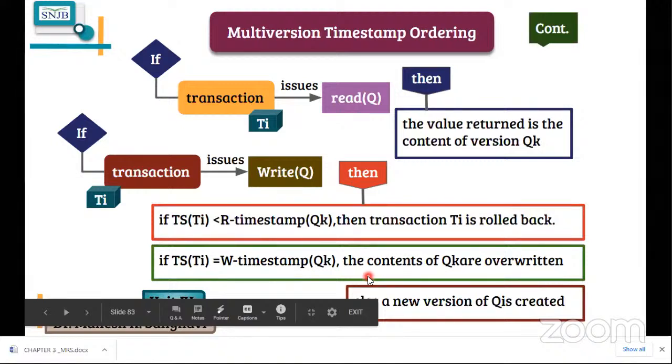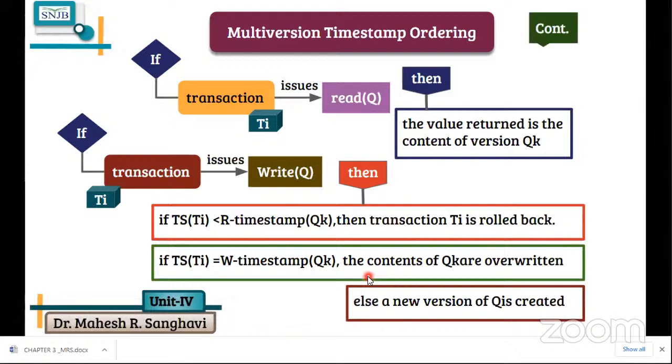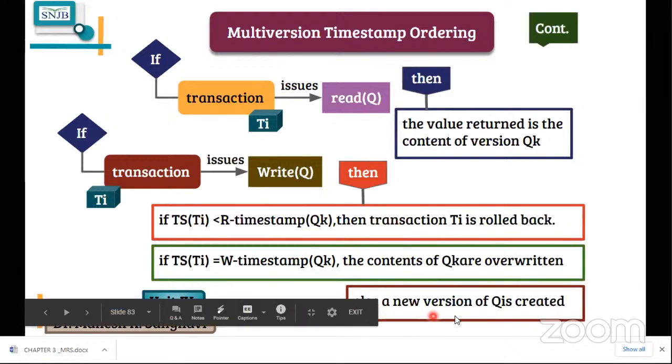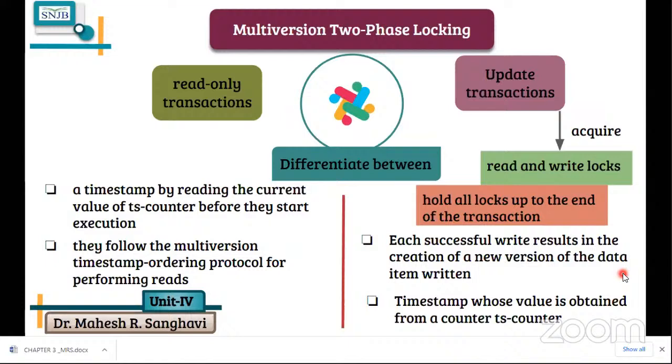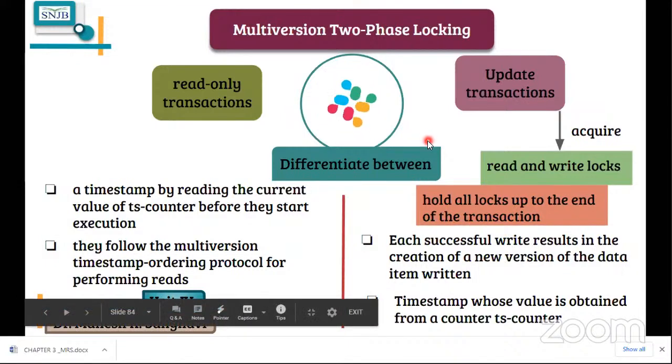यानी क्या, दोनों का सेम ही है, आप डायरेक्टली उसके ऊपर लिख पाओगे, और नया वर्जन ऑफ Q जो भी है वो क्रिएट होगा. So you may create Qk plus 1. So this way you can perform this. Now that was related to multi-version scheme for